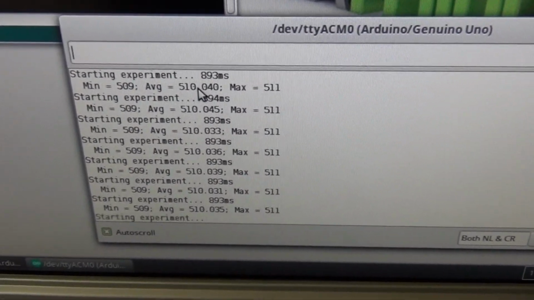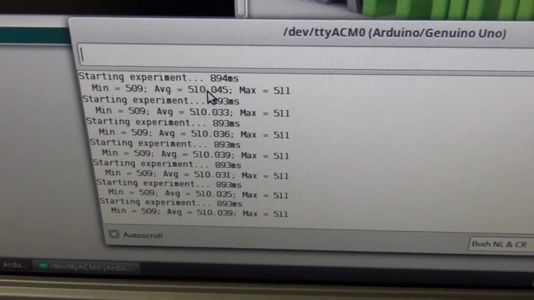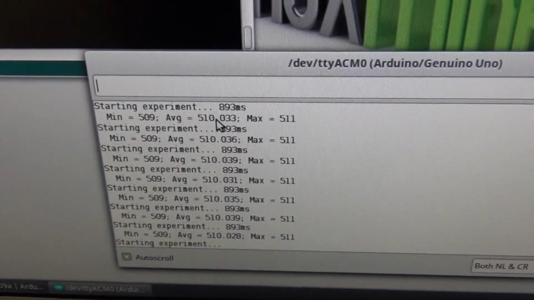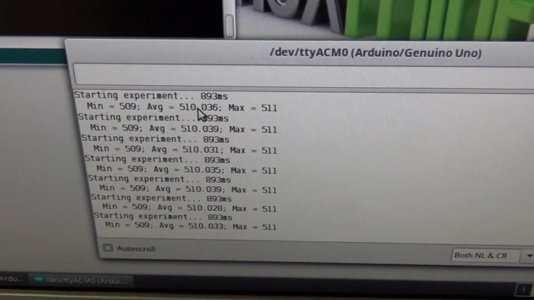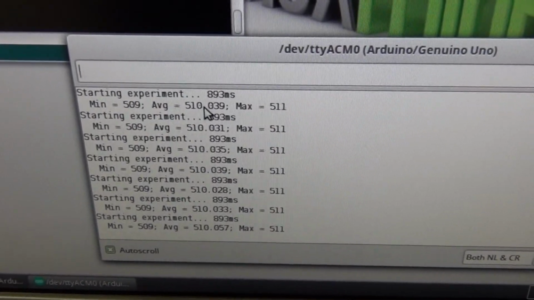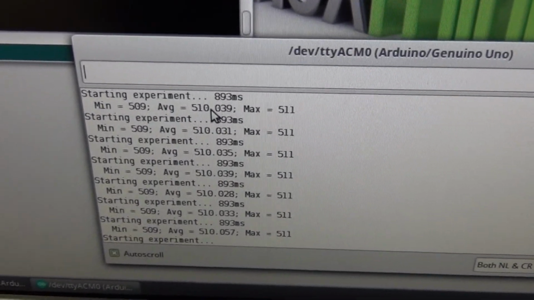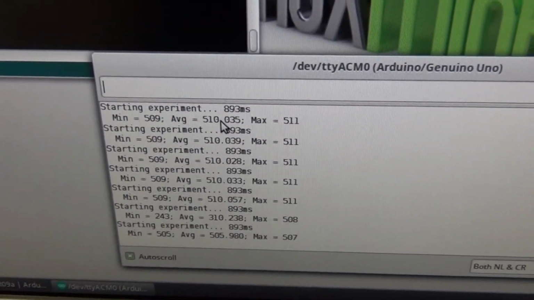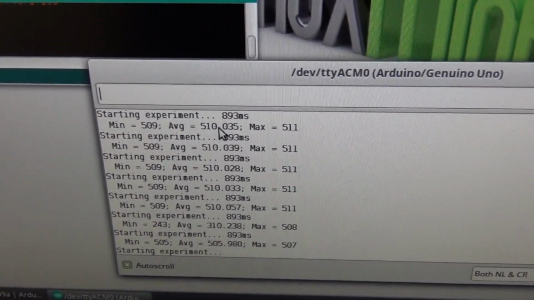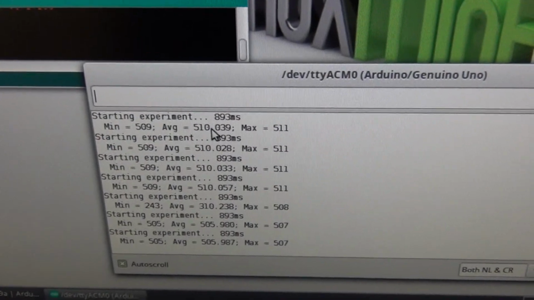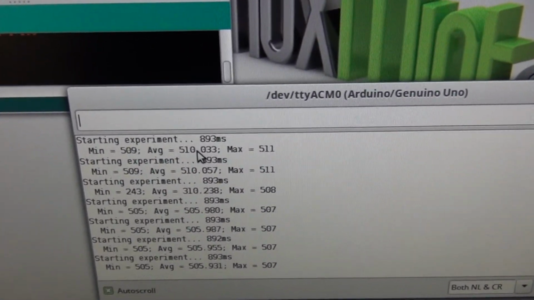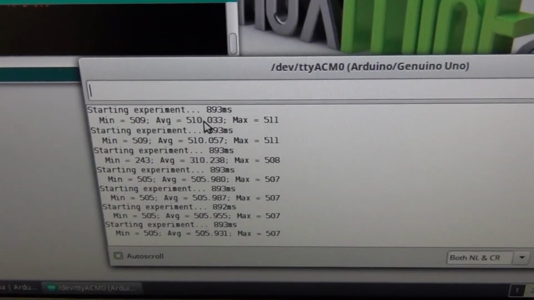So we get around 510 on average, 509 minimum, 511 maximum. If I rotate the potentiometer right now, you will see the figures change. And we have around 892 milliseconds for 100,000